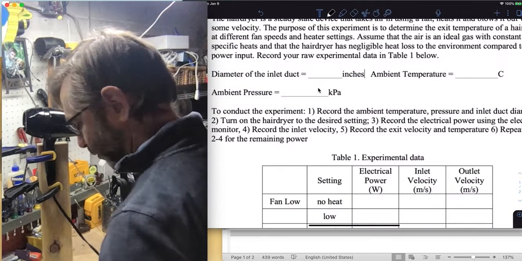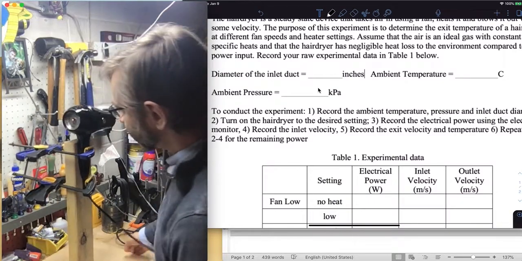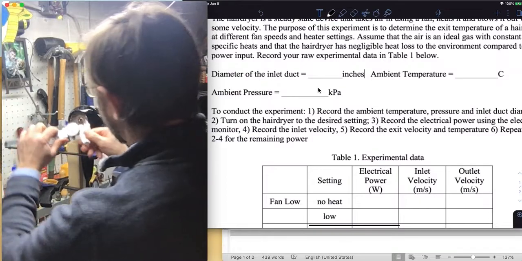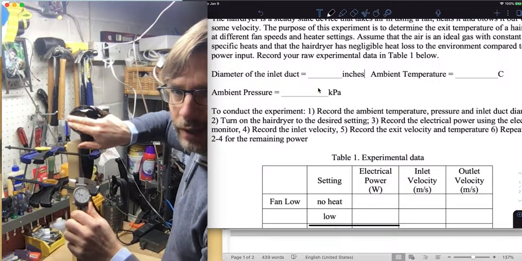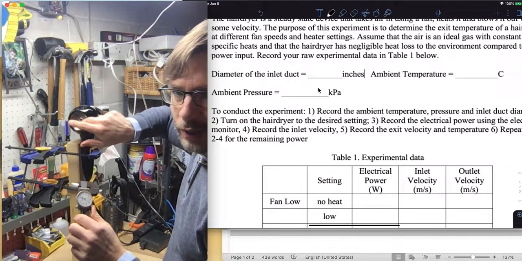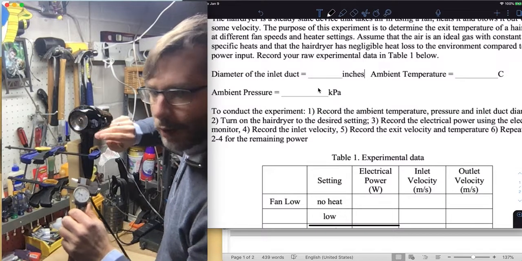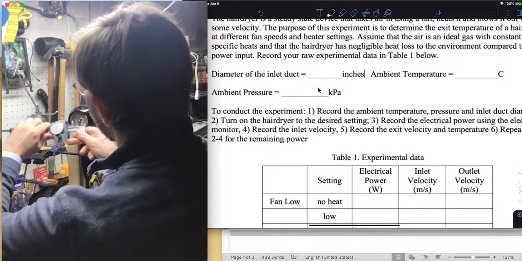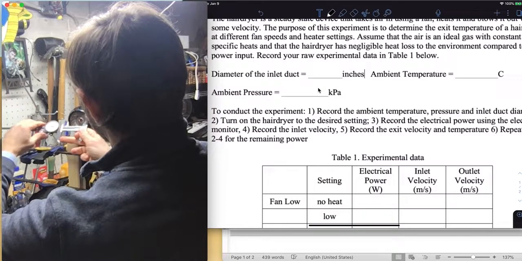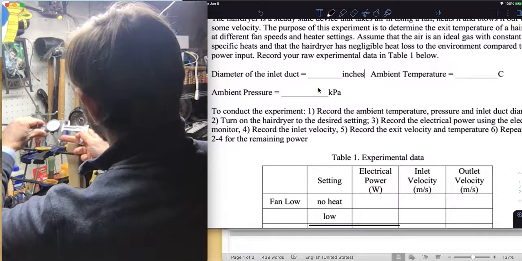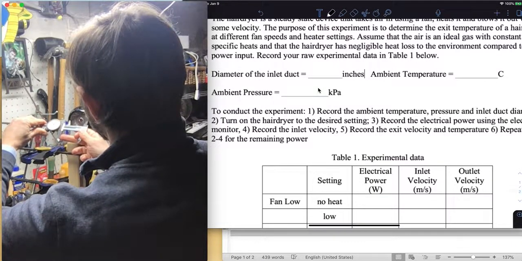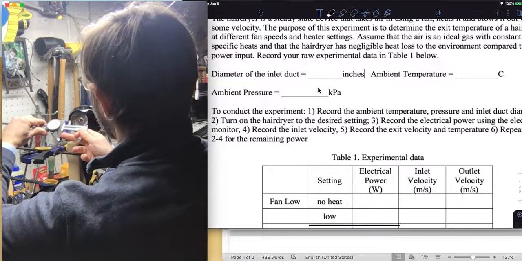I got to move my hairdryer a little bit so I can measure it. So what I'm going to do is measure the duct. I'm going to be measuring the velocity, not inside there. Notice there's a screen that's preventing lint and other things from going in. I'm going to be measuring the duct diameter here, probably at the outside, right at the flat part of this thing, and